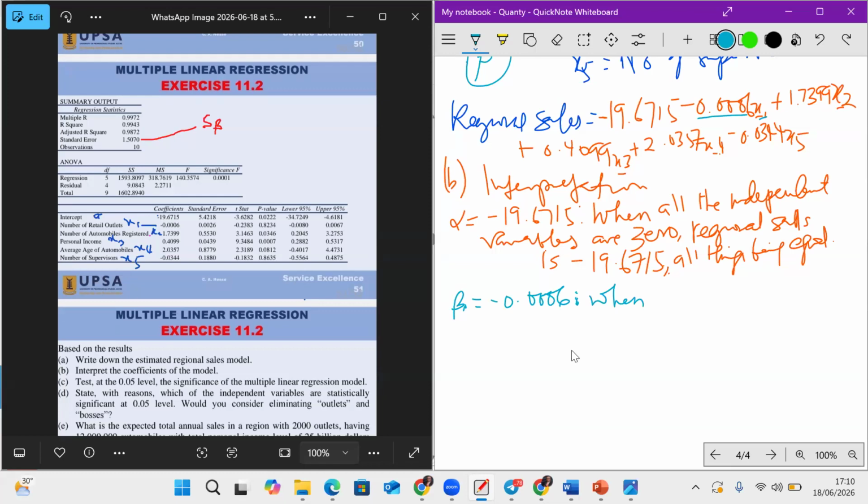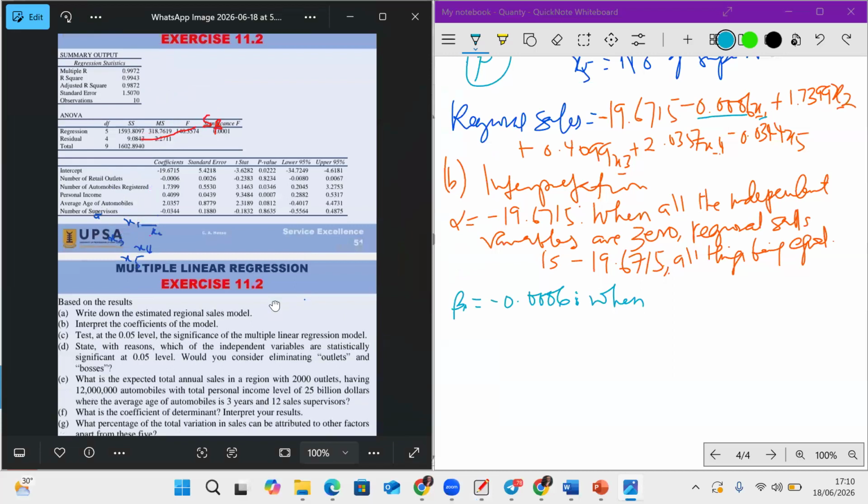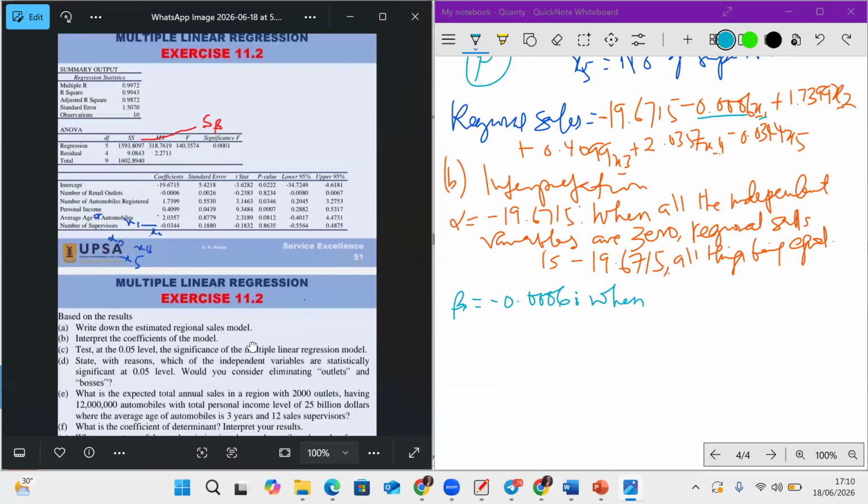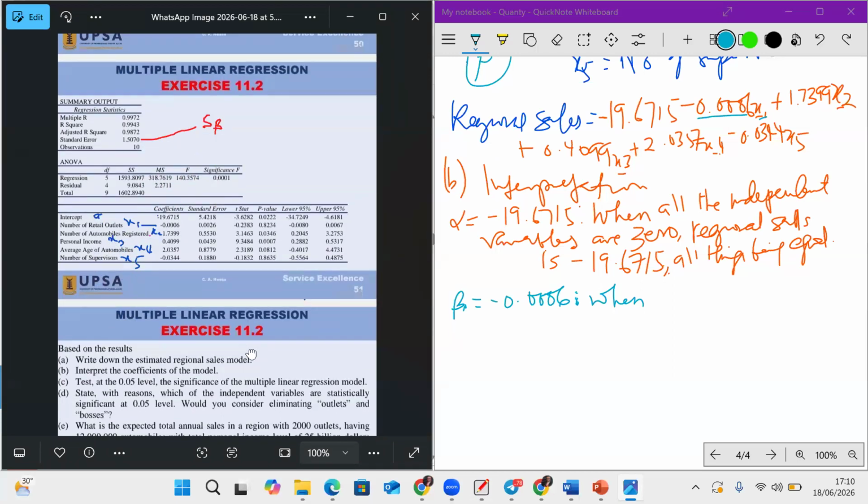Number of retail outlets. So when the number of retail outlets